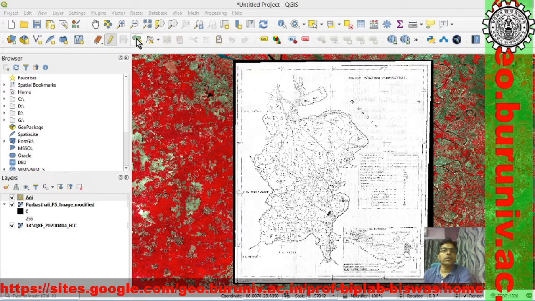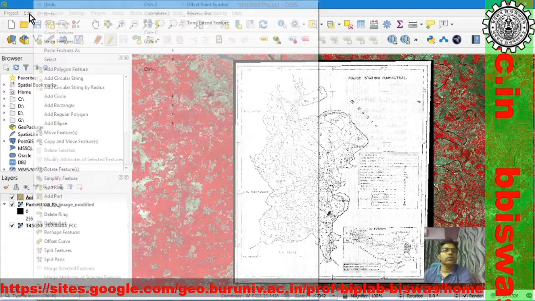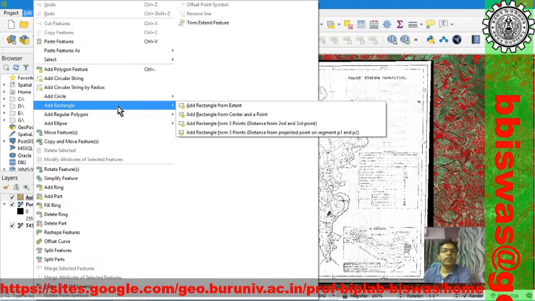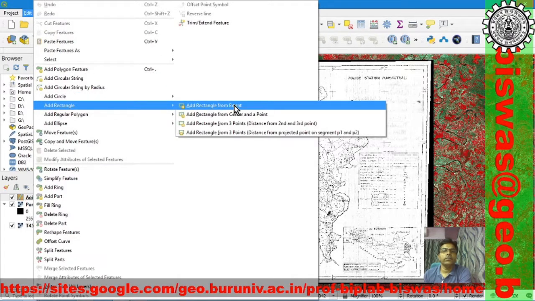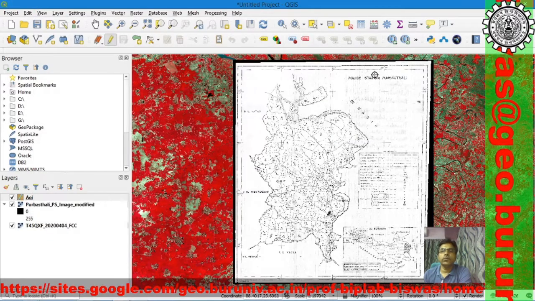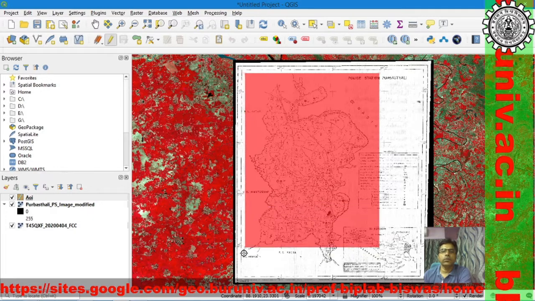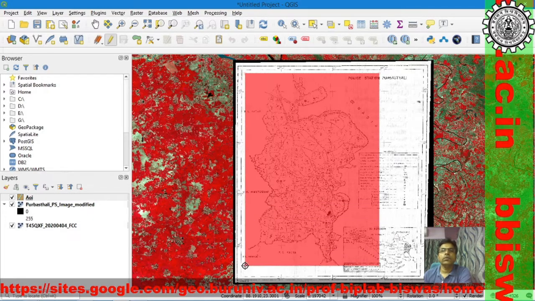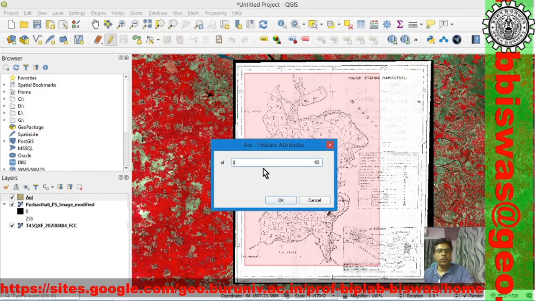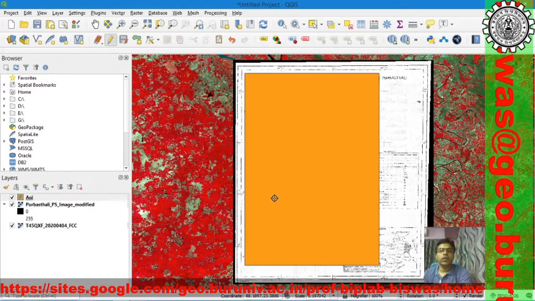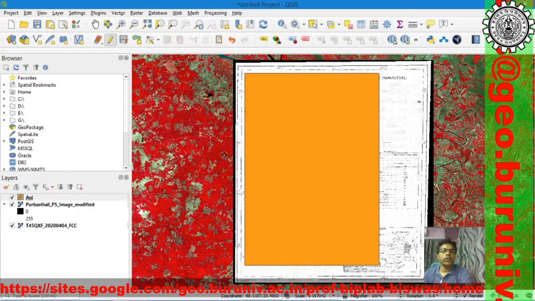So this is addition of new features, but we want to add a rectangle, so edit, add rectangle from the extent, and maybe we can start from this corner to right click here, give say ID 10. Okay, so our vector layer is ready.